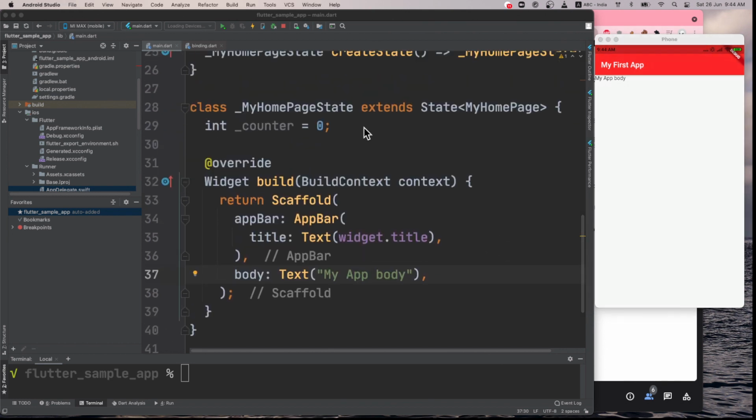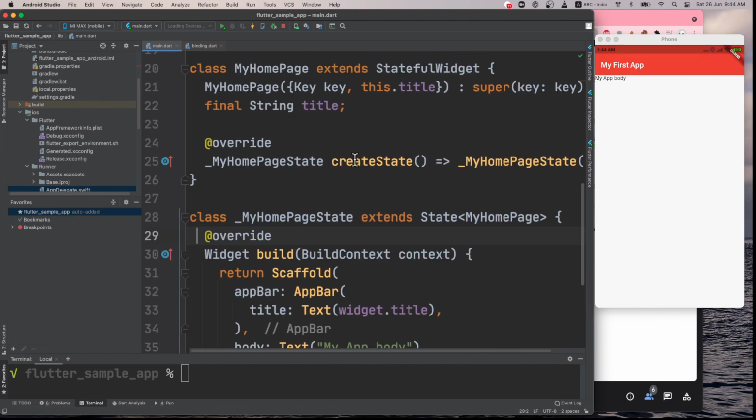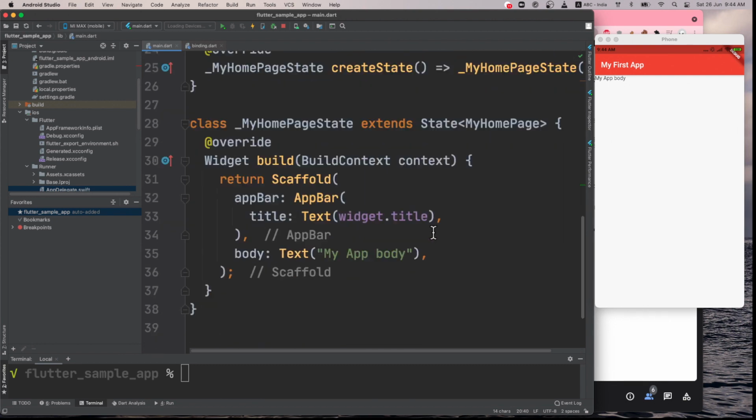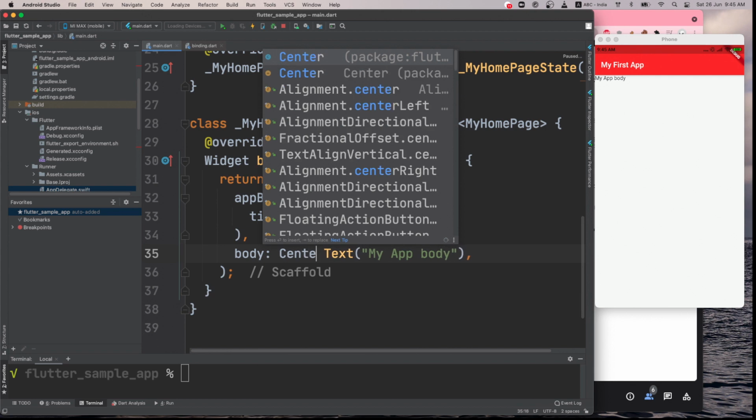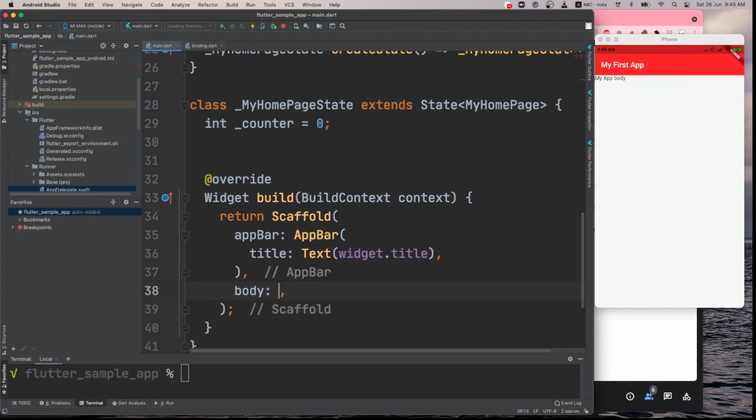So what we change is that we can create our own class with any name. Here we are calling it MyHomePage with a stateful widget, and then we can do whatever we want to do inside this. Now again, everything is a widget in Flutter, so text is also a widget. Now I want to center this text, so I think I can say Center like this, and maybe like this. Not sure if it works like this. We'll have to see how it was written.